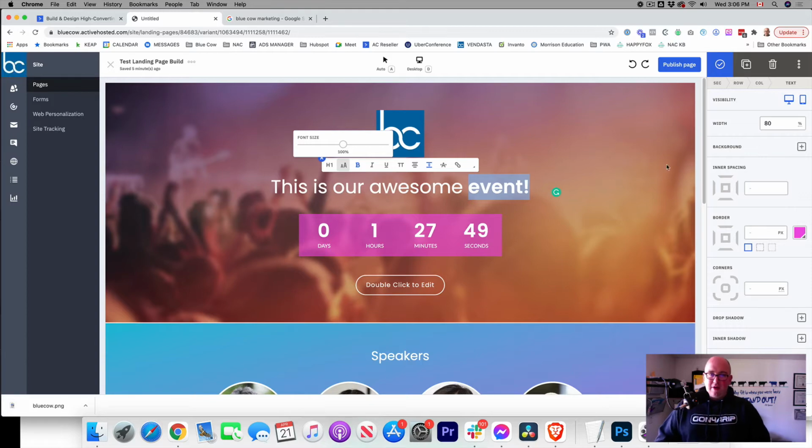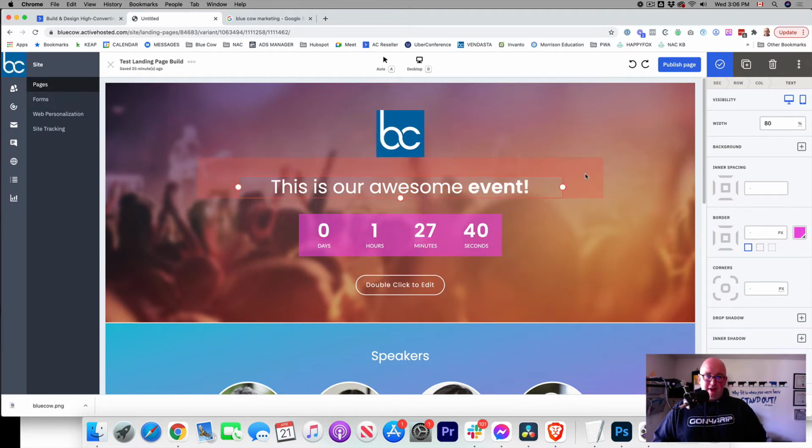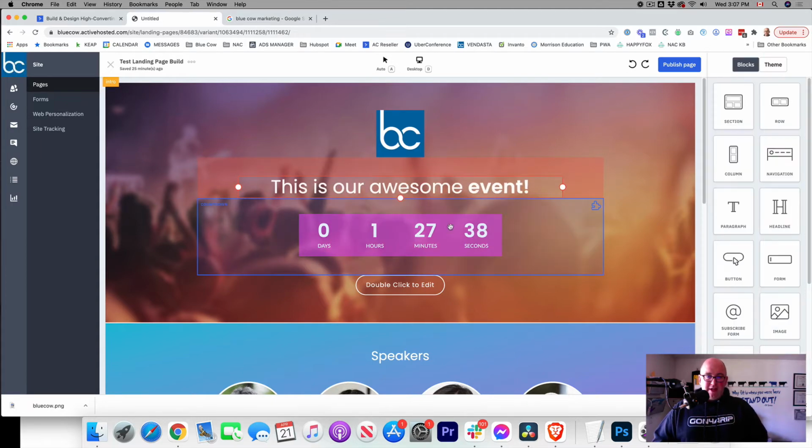I don't see color options initially here. Okay, so that's one thing I'm not too fond of with it. Now, it's not a make or break kind of deal. Then we get down here